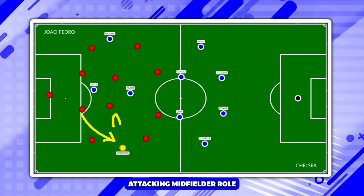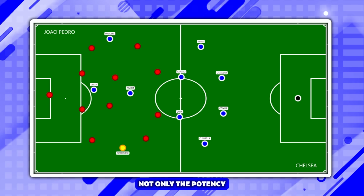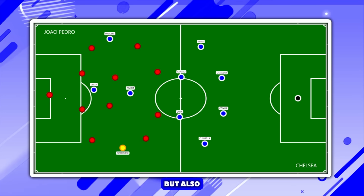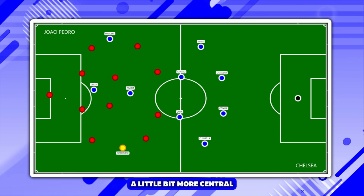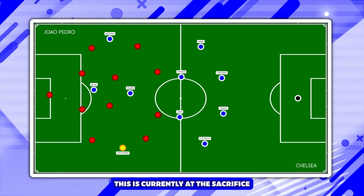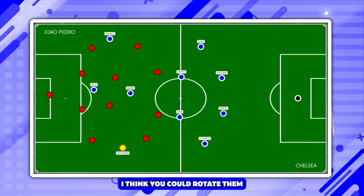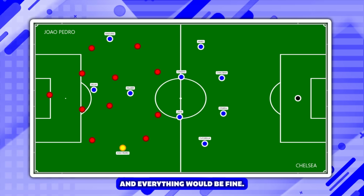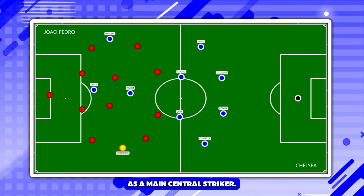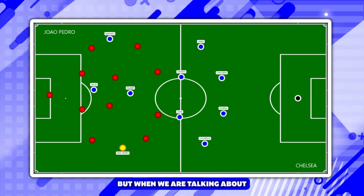Taking up a more attacking midfielder role or even an attacking 10 role gives Chelsea not only the potency that they want, but also the idea of having Cole Palmer a little bit more central rather than pushing him out wide. This is currently at the sacrifice of an Enzo Fernandez, but I think that you could chop and change. I think you could rotate them and everything would be fine. I don't see Joao Pedro as a main central striker. I still think Liam Delap is going to be that out-and-out focal point,